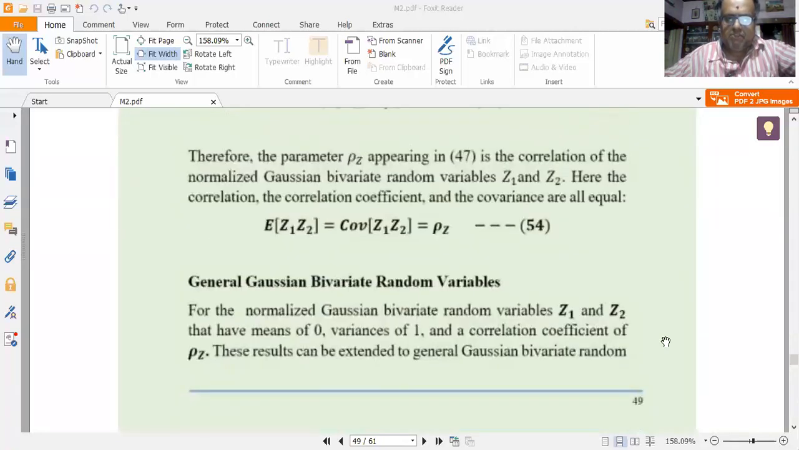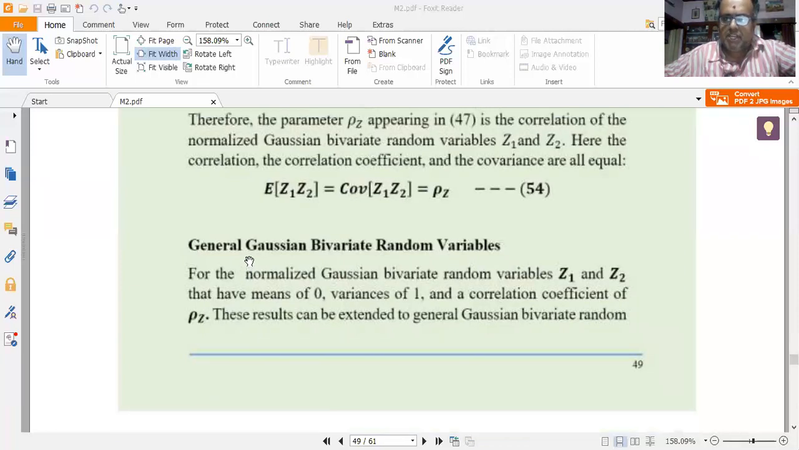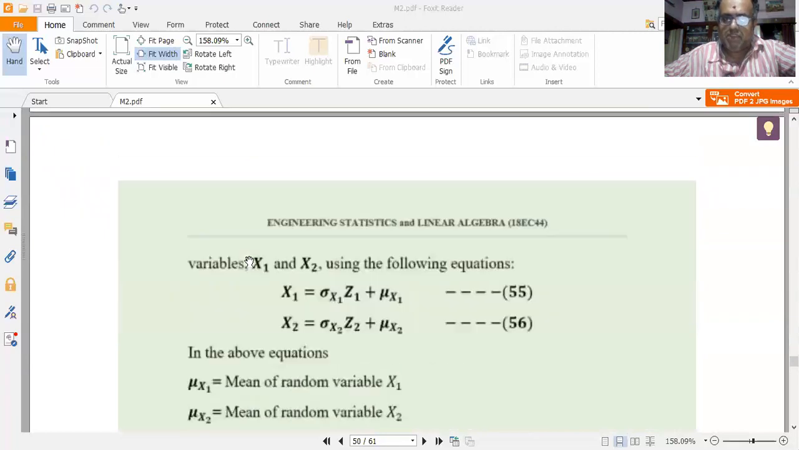So for the normalized Gaussian bivariate random variables Z1 and Z2, they have means equal to 0, variances equal to 1, and standard deviation also equal to 1. And they have a correlation coefficient equal to rho z. Now these results can be extended to any general Gaussian bivariate random variables, say X1 and X2, by using the